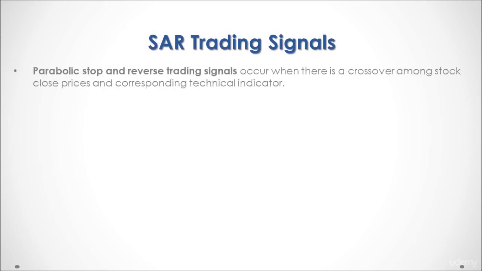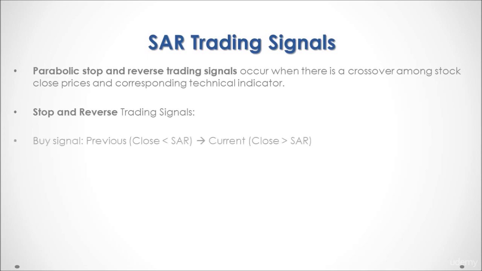Parabolic stop and reverse trading signals occur when there is a crossover among stock close prices and the corresponding technical indicator. Therefore, we have stop and reverse type of trading signals, in which we have a buy signal if the previous close price was less than the parabolic stop and reverse and the current close price was greater than the parabolic